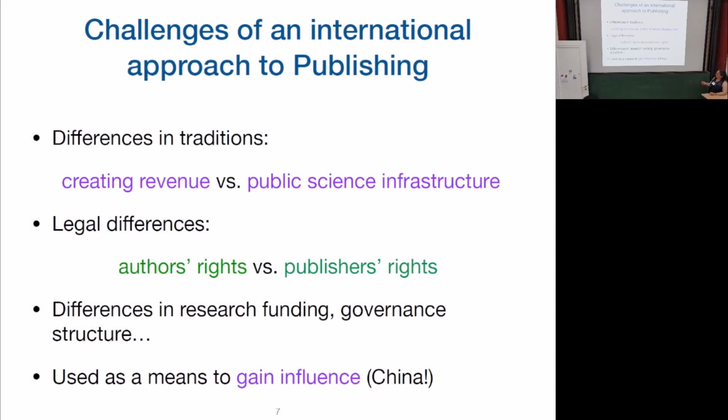So the money for publishing has to come from somewhere, clearly. So money has to be involved, and publishing for free, we know by now this is impossible. Yet the question is how much money is needed and how much is benefit. So creating revenue versus viewing publishing opportunities as a public science infrastructure. This is more the point of view, not going to surprise you, which is dominant in Northern America. Right? Whereas public science